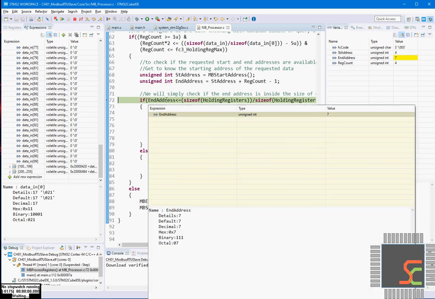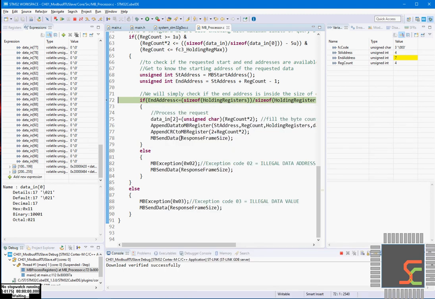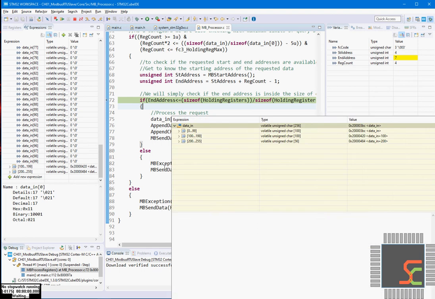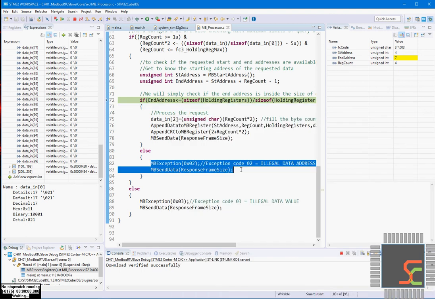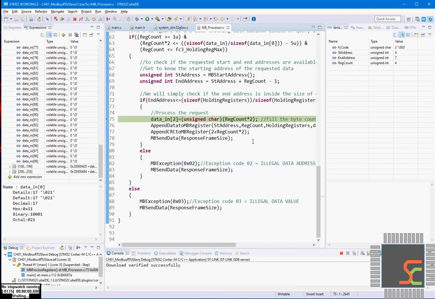Now we are checking whether the end address which the Modbus master requested is available in our device or not. It is not compulsory that we should include all the range of the Modbus addresses. Like, we can have only three sensors which accommodate holding registers, so we can have 0, 1, 2 indexes as the addresses. So we are checking in this step. Even if this does not happen, that is also an exception as per the Modbus standards. That is exception number 2, saying that an illegal data address is requested by the master. So it is well within the range.